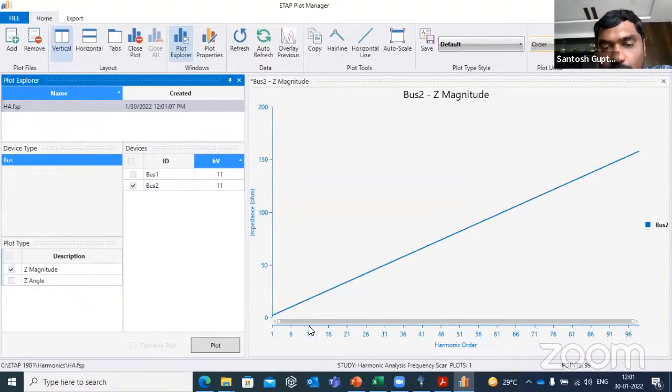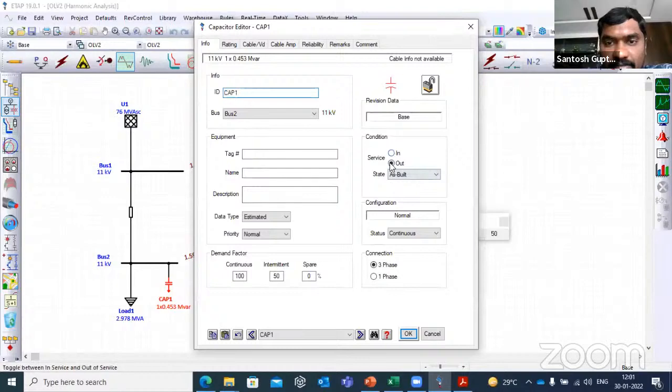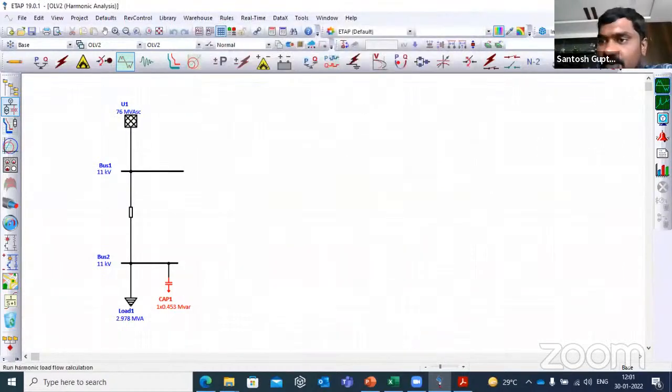If you see, this is the impedance offered by the system for each individual harmonic. Suppose the 11th harmonic will have an impedance of this much, the 16th or 21st will have this much. Like that, each individual harmonic will have an impedance of this much. Correct? So what happens now? When I place this capacitor bank on and run this frequency scan now,